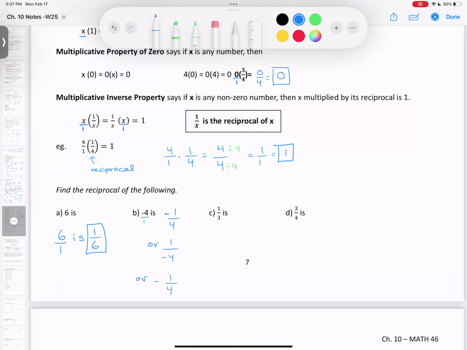Okay, 1 over 3 then, what would be the reciprocal? So we're going to flip the top and bottom. That gives us 3 over 1, which is the same thing as 3. Okay, and 3 over 4. So pause the video, see if you can find the reciprocal of 3 over 4. And for this last one, you're going to flip the top and the bottom. And so the reciprocal here will be 4 over